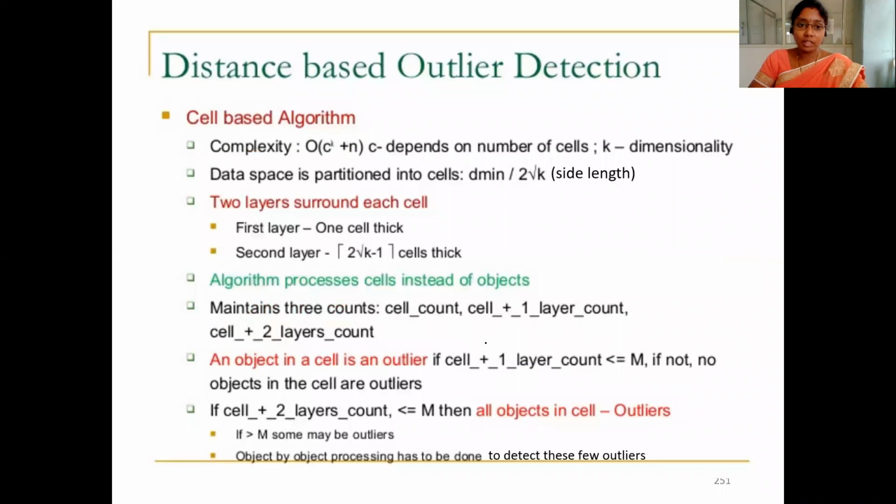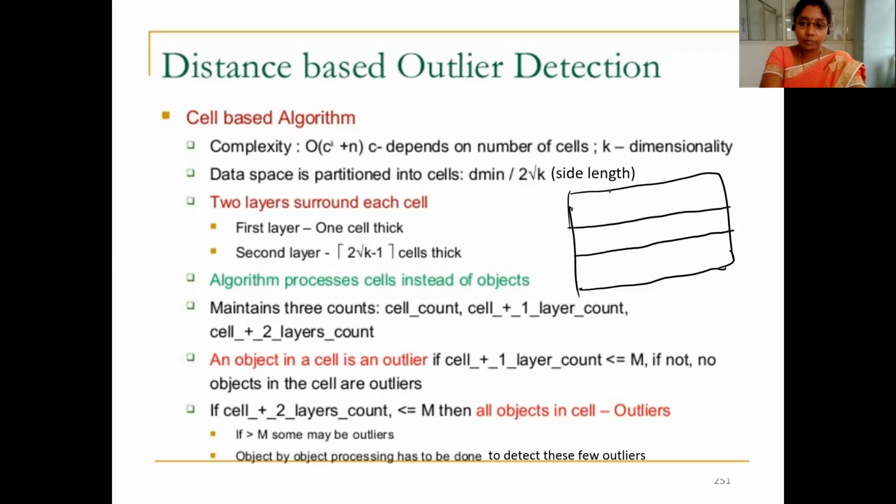Let us go for the next algorithm, the cell-based algorithm. As the name itself indicates, here the entire data is partitioned into different cells. Its complexity is big O of C power k plus n, where C depends on the number of cells and k is the dimensionality. So here the data space is divided into several cells,